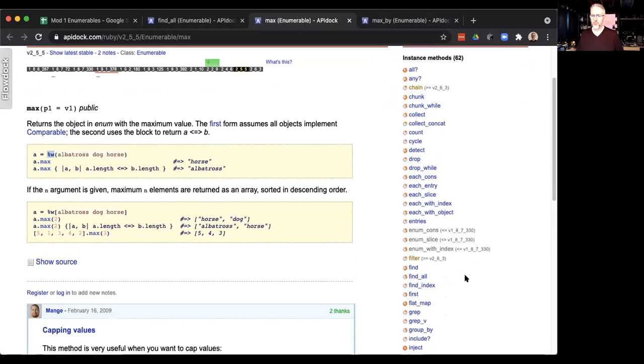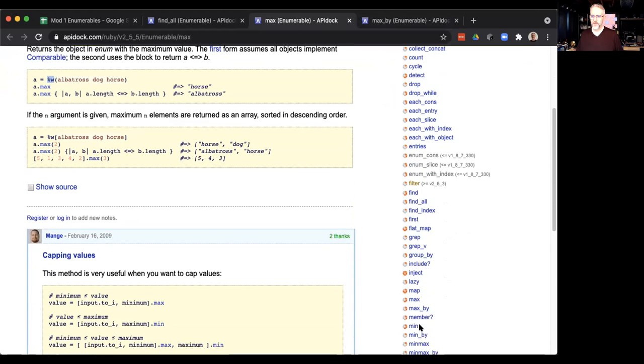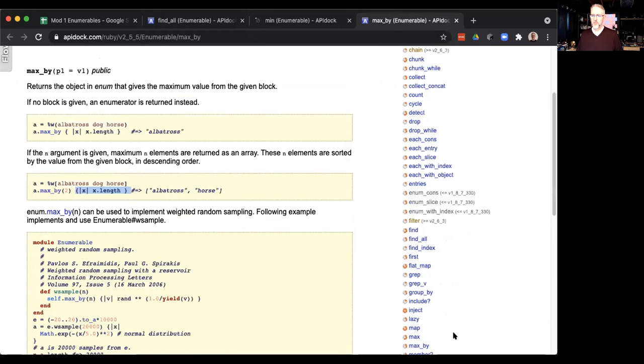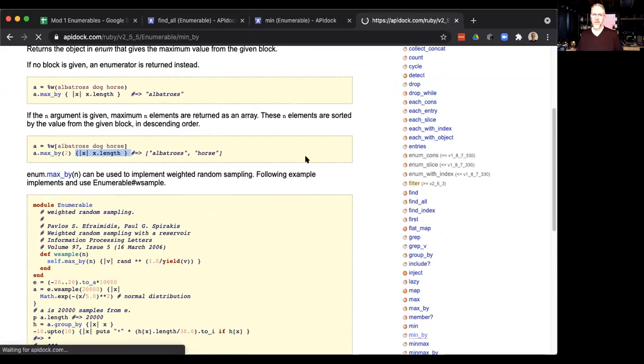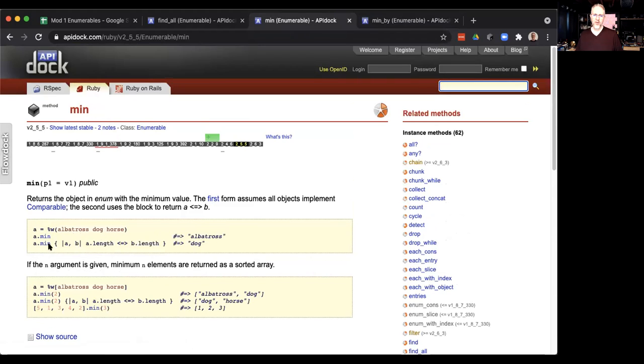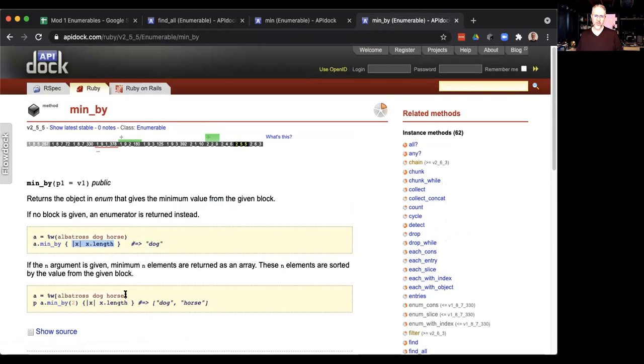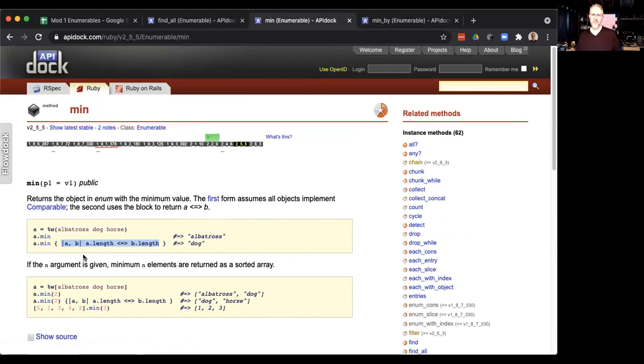So the question was specifically around min and min by. So if we go look at min and min by. So we have the same kind of thing. So min, again, takes that comparator, and min by just simplifies that comparator a little bit. And so min by is kind of doing the same thing. If we do pass a block of code to min, let me back up. I would say if you want to pass a block of code to min, I would just use min by, and just use min to say, just go get, you know, in this case, the